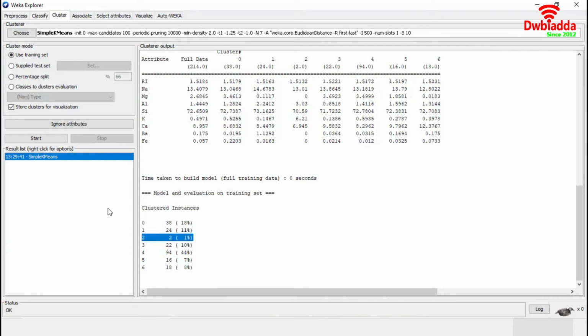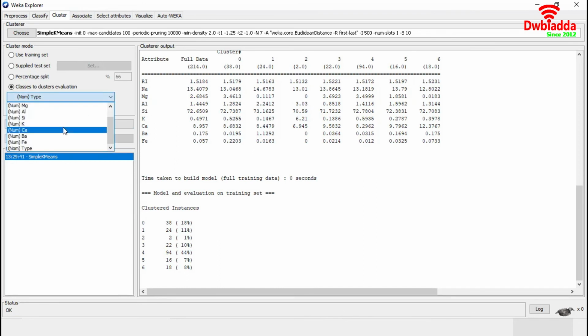Now we will use the same algorithm, but this time we use a specific option, classes to clusters evaluation. We select 7 clusters for our analysis, and as our type attribute contains 7 classes, for each of the classes it will generate one cluster. Now let's start the analysis.